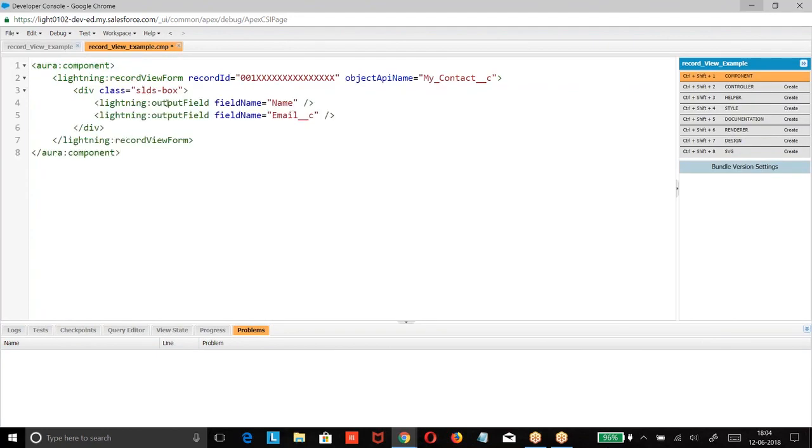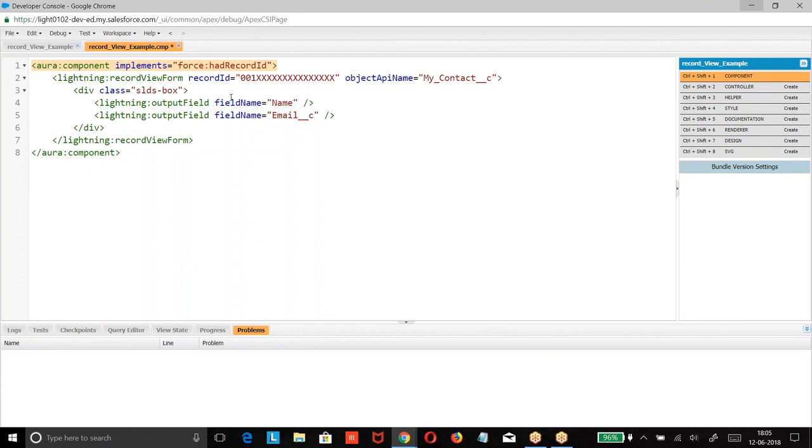So very simple. Record view form. Which record are you referring to? The ID of the record. If I give force:hasRecordId, it implements, so automatically whatever the ID is in the URL, that ID will be fixed.